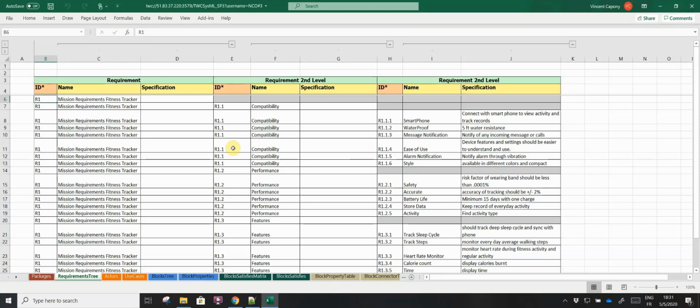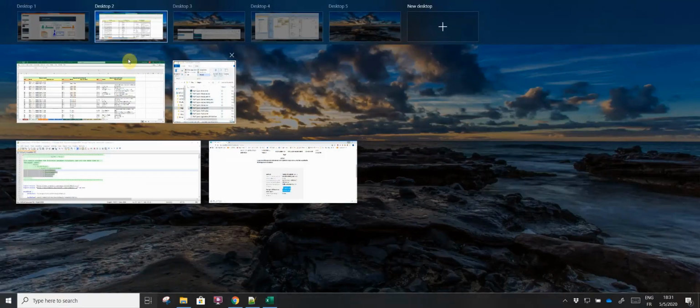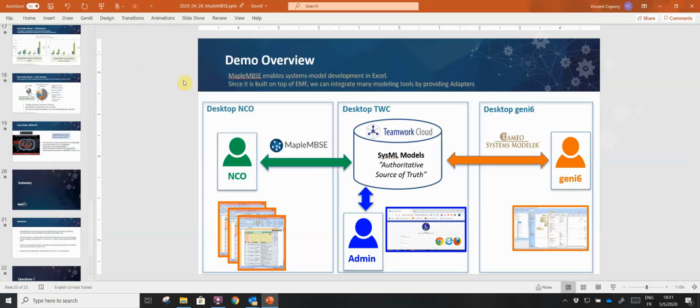Okay, I come back to my demonstration screen. So we have seen that the centralized model that hosts all the shared models can be accessed either through Genesis via Cameo Systems Modeler or through MapleMBSE by the NCO user. Once those two connections are established, now let's see how the user NCO and Genesis can both collaborate concurrently on the same model. So I switch back to a new sequence of demonstration, and here we are going to be focused on that collaborative